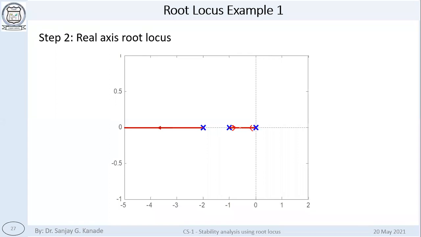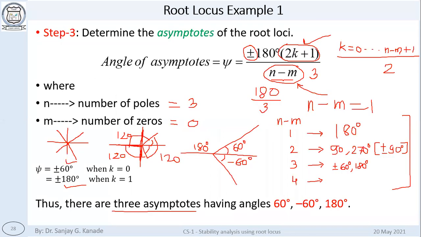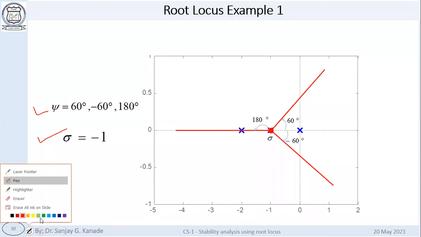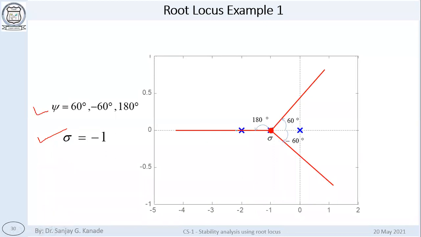They will have to go somewhere outside into the complex plane, and then they will go out towards infinity. But by which angle will they go? They will follow the angle of asymptotes for that, right? We have seen that one branch went like this, right? One branch went like this from the pole s equal to -2.